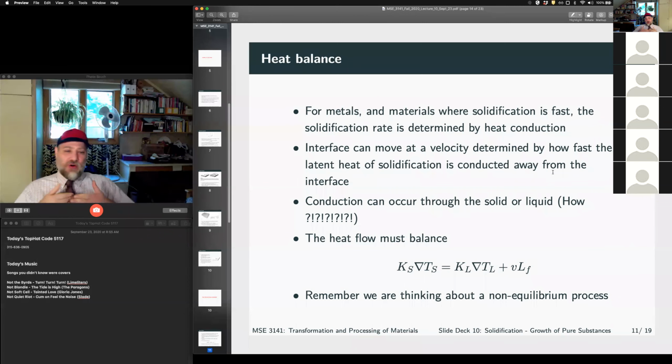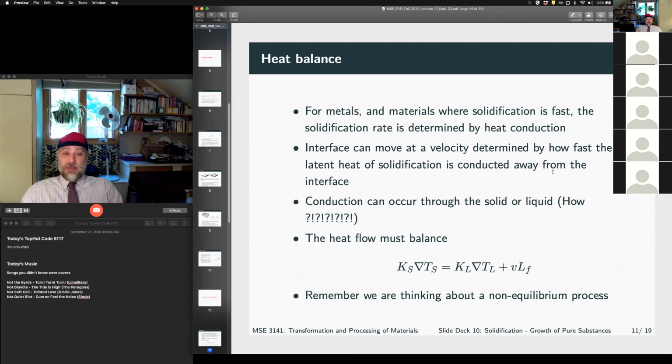Why does the whole interface move forward with a constant velocity? Obviously we wouldn't be talking about it if it didn't happen. So there are definite cases where we can get dendritic growth, and we do have a protrusion that grows away